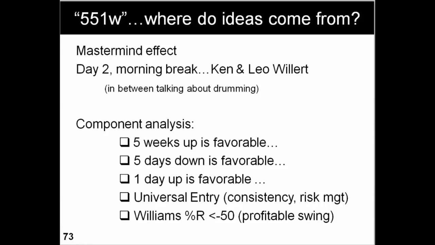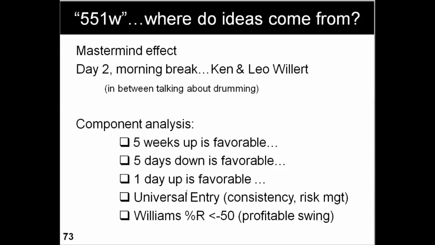And in my mind, to get reward to risk added in there, I said, let's put a Williams percent R less than minus 50 so that we have more of the trade ahead of us than behind us on a retest of the 5-day high. And then instead of just a 5-day, let's make it a 10-day high. So we were using, as a provisional rule, Williams percent R less than minus 50 for a 10-day look-back period. And I was trading it that afternoon because I was so comfortable and confident about the integration